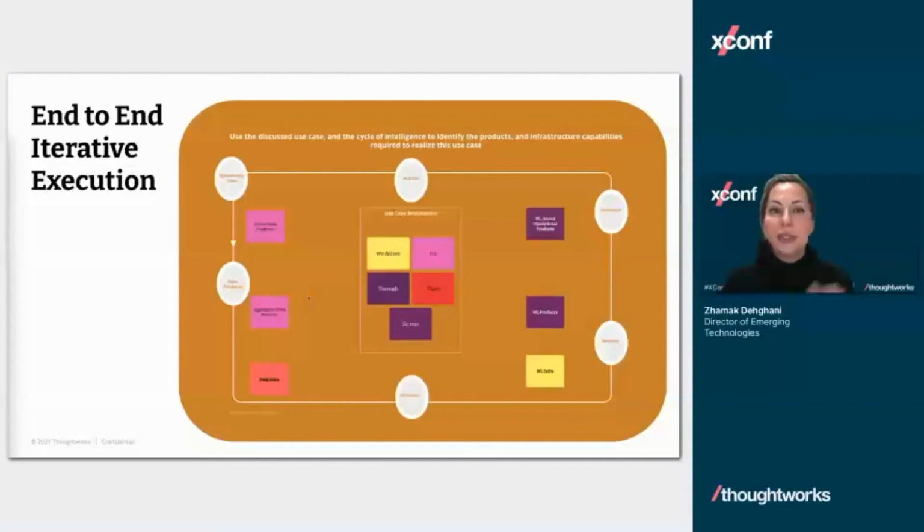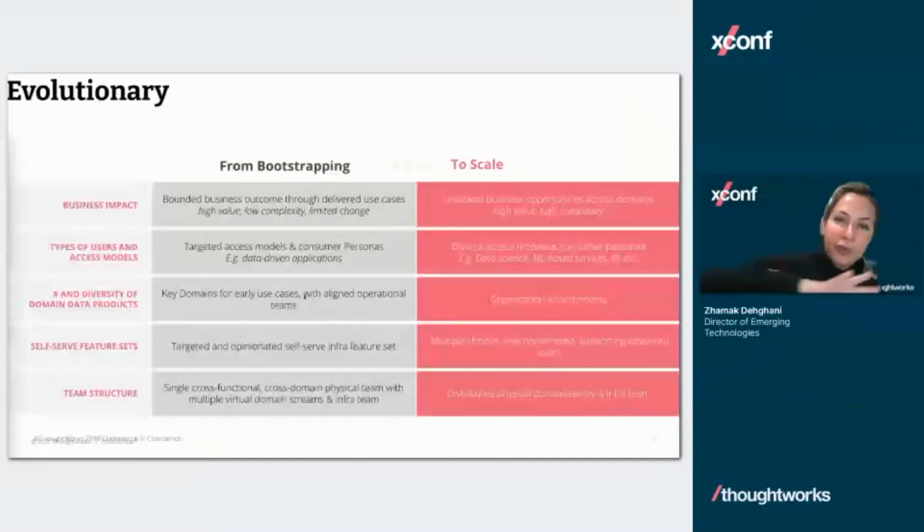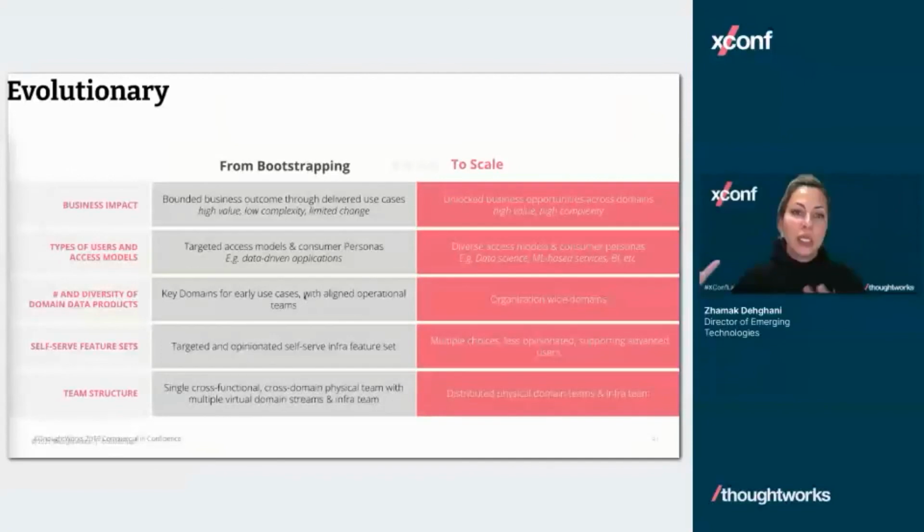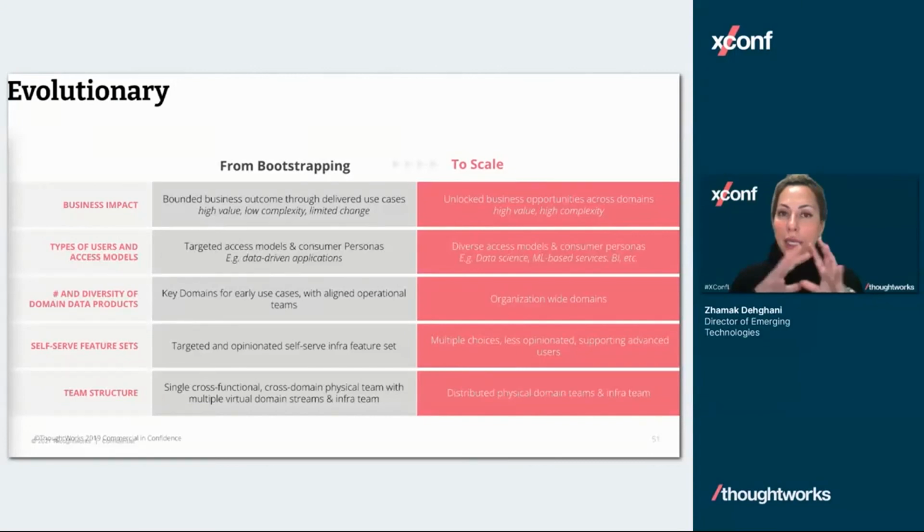And in terms of the evolutionary map, really think about it: you're not going to be on day one where you need to be three years down the track. This is essentially, for large organizations, a multi-year journey. So really be intentional when you're bootstrapping. What sort of business cases can you actually cater to, what number of data products might you have, how do you set yourself up? You may set yourself up on day one a bit more centrally, with a cross-functional team from both the infrastructure team and multiple domains, and the users of those domains: the data scientists, the data product developers, the platform developers, all together.